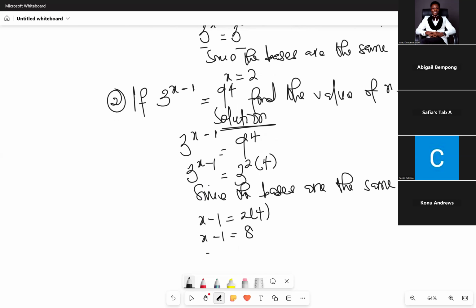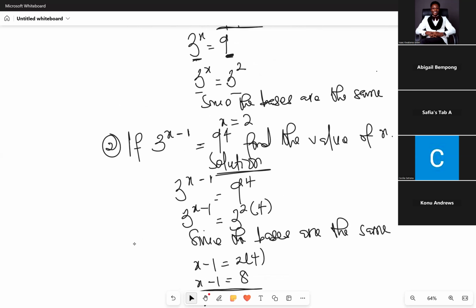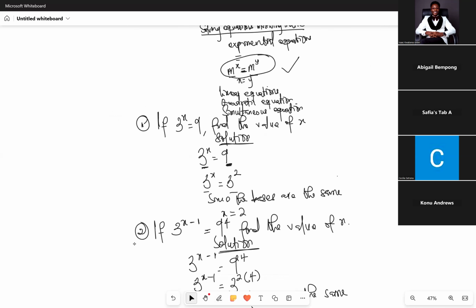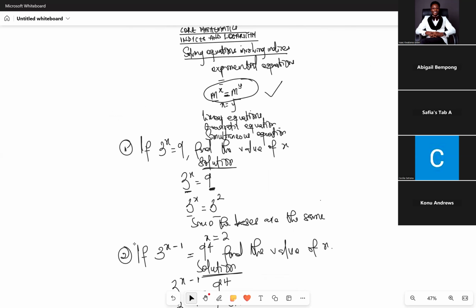So now guys, this is called a linear equation. I told you that when you apply this concept, you are most likely going to land on a linear equation, quadratic equation, or